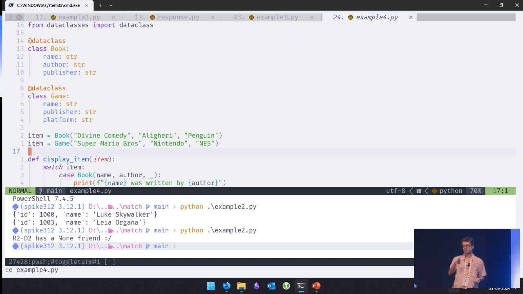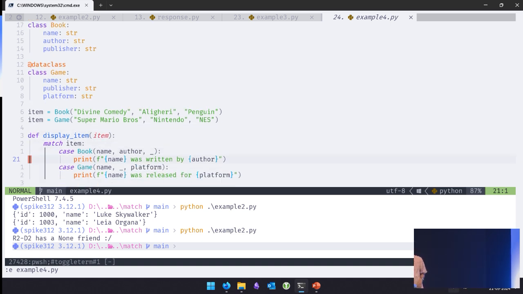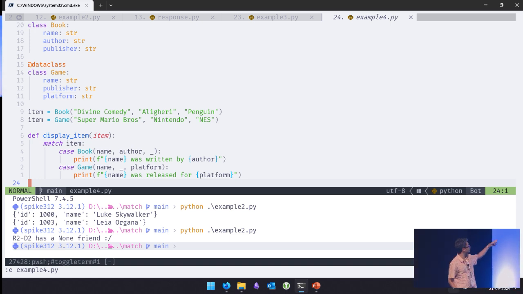It has some game objects in it and some book objects in it, both of which have separate fields, and I want to process them differently, extracting certain fields in case it's a game, and in case it's a book. So you can do it like this. You say case Book, and then whatever fields you want to extract and use, and case Game, and whatever fields you want to extract, and you can use them.